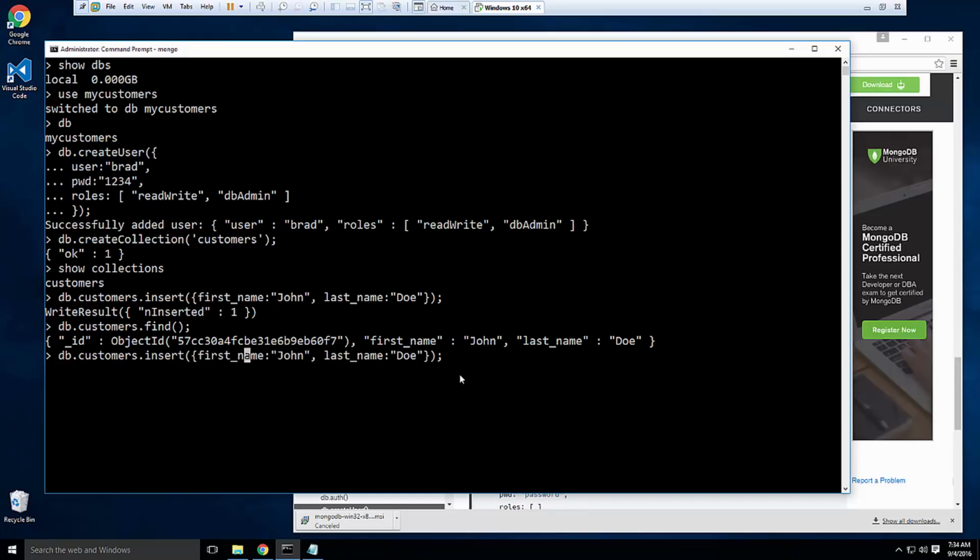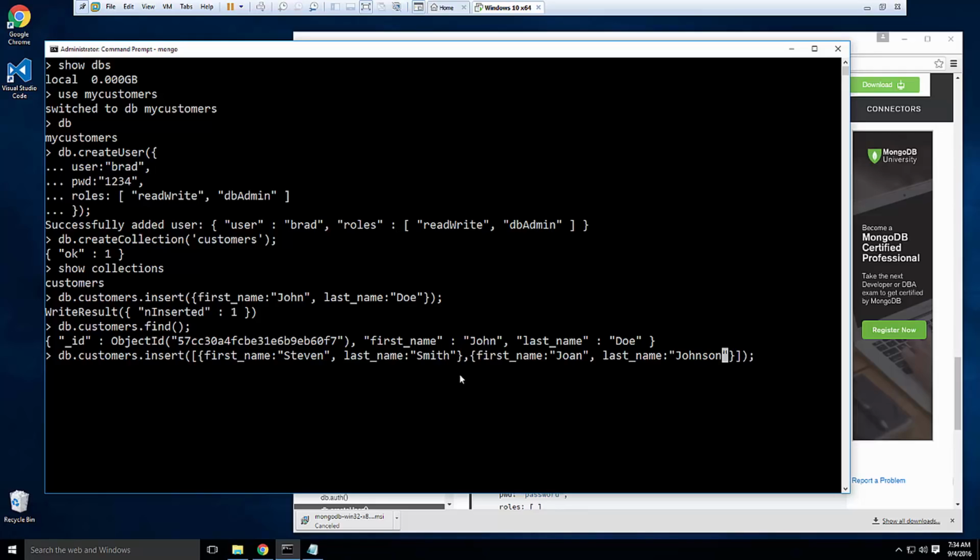Now if we want to add multiple documents at once, we can just make an array. So put square brackets around it like that, and let's change this name. We'll change him to Stephen Smith, and then let's put a comma here, and then another user or customer with a first name. We'll say Joan, last name, we'll say